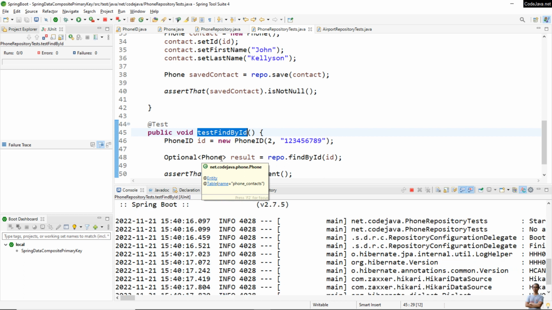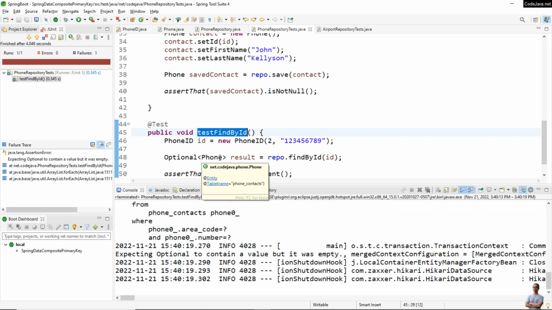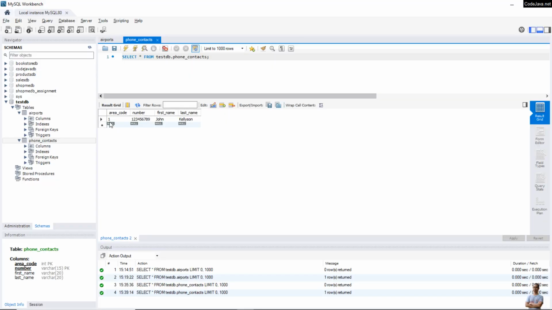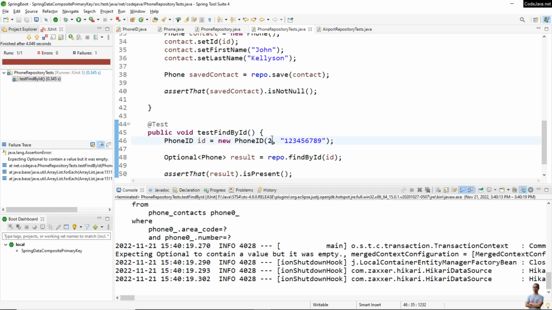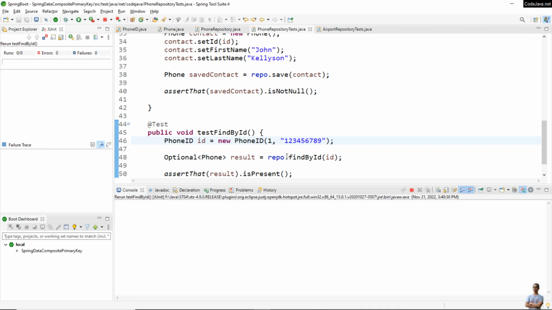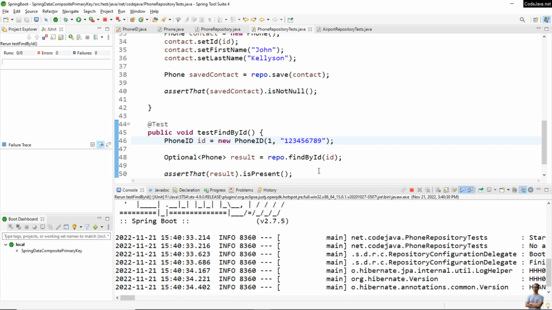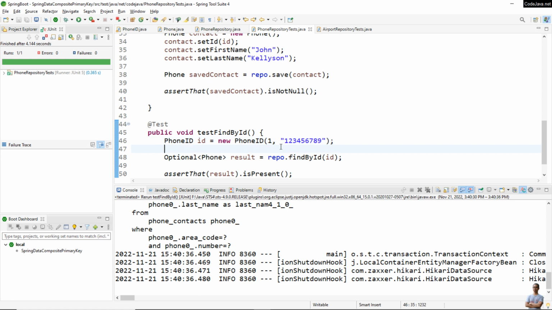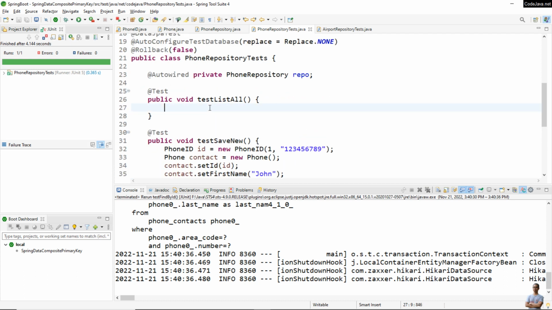Because in the database no contact has error code ID 2. As you can see here, error code is 1. So I change back to 1 here and run the test again, and it should pass. Okay, successful. And let me update the code in the test list all method here, repo file o